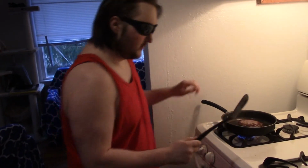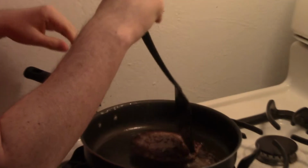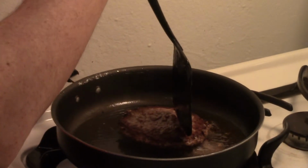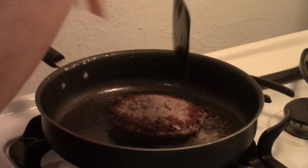So say you flip it and you're not sure if you actually flipped it correctly. I have a little trick that I can show you that you can test for. So take your spatula and line it up and run your finger down. That way you touch the actual meat and not the pan. And you can touch it, and obviously